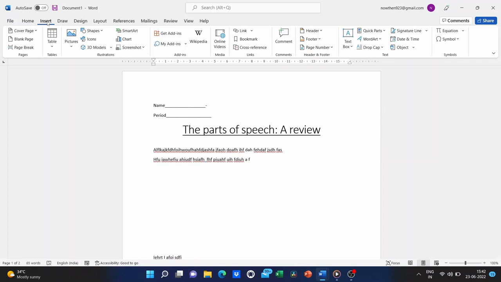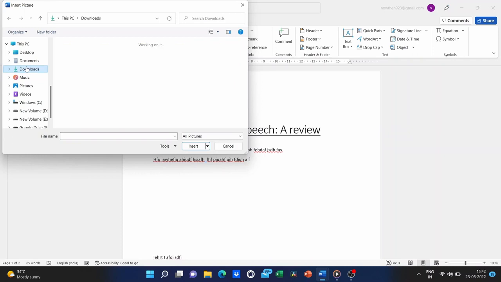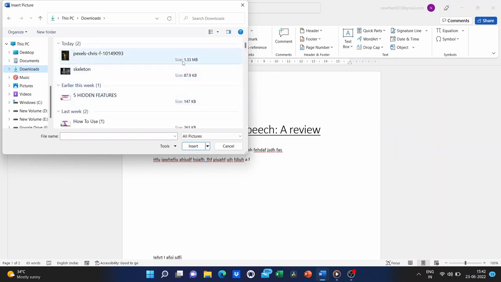And look at the options that I have. Four things to insert into this document. All sorts of things including Wikipedia articles, online videos, and all sorts of neat things. But in this case, I'm going to go to pictures. And that automatically accesses my computer. Now I can browse my computer to find pictures that I can then pull in and use in my document. So I'll pull in this skeleton.